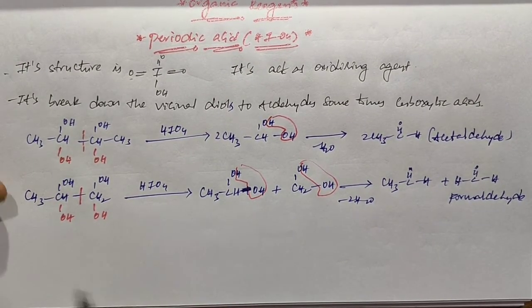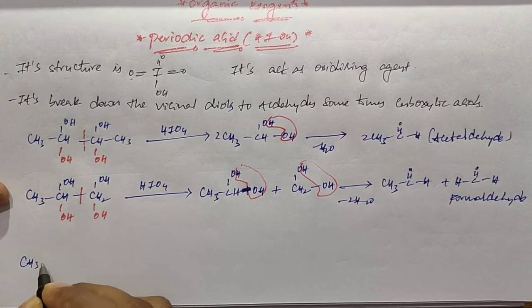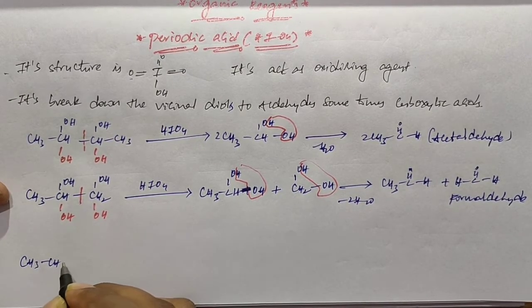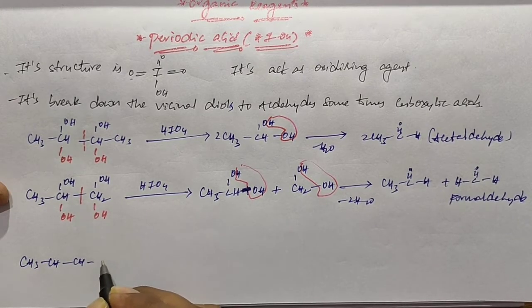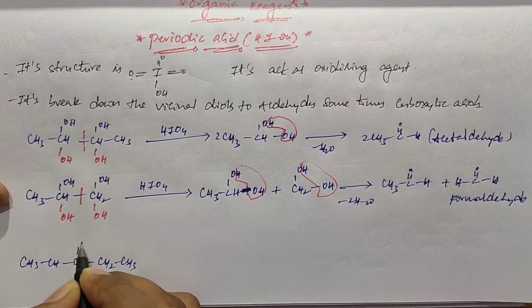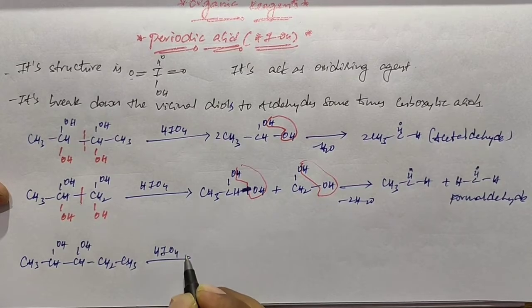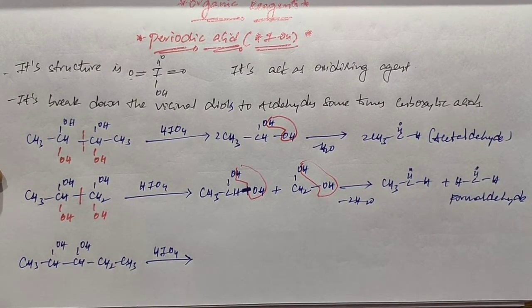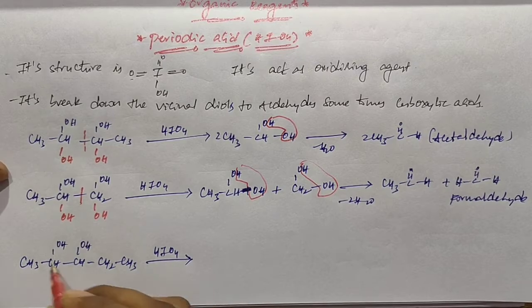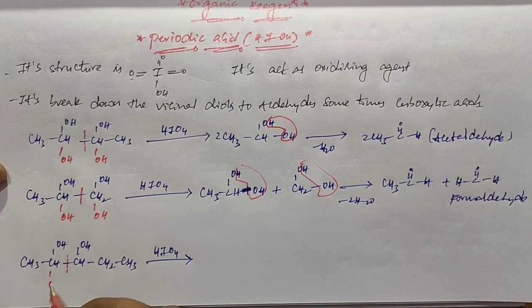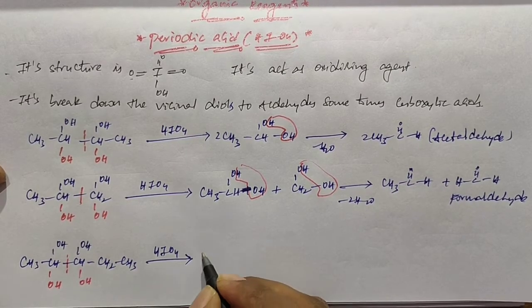The next example is CH3, CH, CH, CH2, CH3. When this compound undergoes oxidation in the presence of periodic acid, the breakdown is possible here. Both carbons lose one valency, and the valency is satisfied by adding a hydroxyl group. Resulting, we get